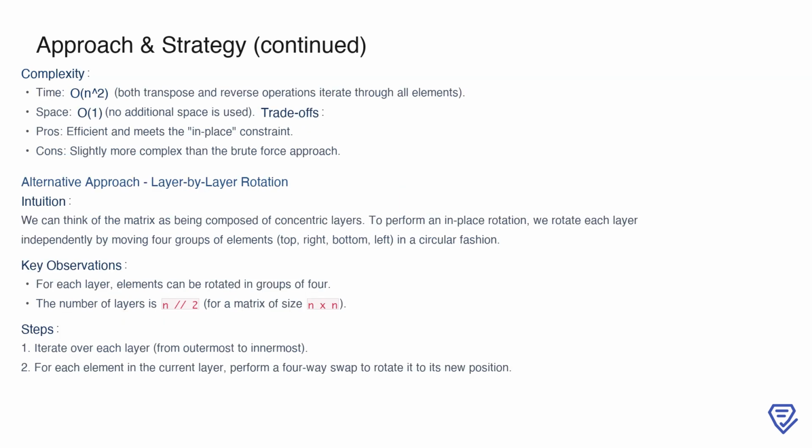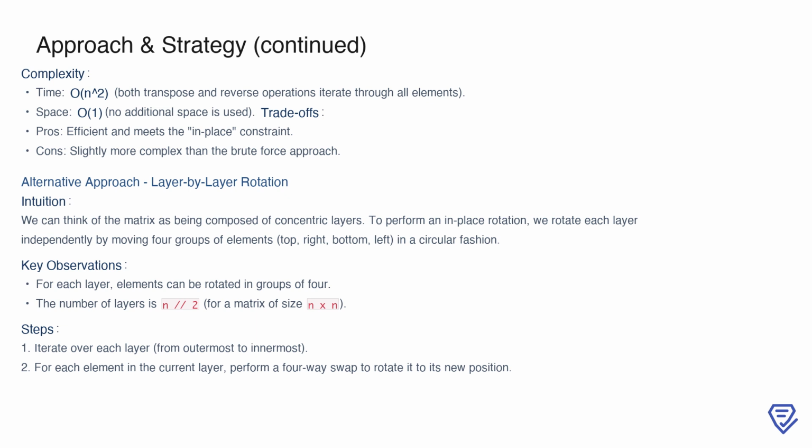When analyzing the complexity of the transpose and reverse approach, we observe that both the transpose and reverse operations iterate through all elements of the matrix once, resulting in a time complexity of O(n squared). The space complexity, however, is O(1), because no additional memory is used beyond the original matrix. This method strikes a balance between efficiency and simplicity, but for completeness, we should also consider an alternative, the layer-by-layer